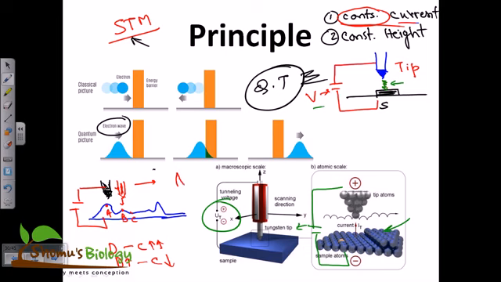In this way we can construct an image by looking at the detector, similar to the image we see of the sample. That's how we can detect using constant current. And we can also use the constant height method. In that case we maintain the height constantly. If we maintain the height constantly, the tip is going to stay as it is throughout the scanning process. But let's say once the tip is at point A, which is pretty close, the current flow is very high in that case.